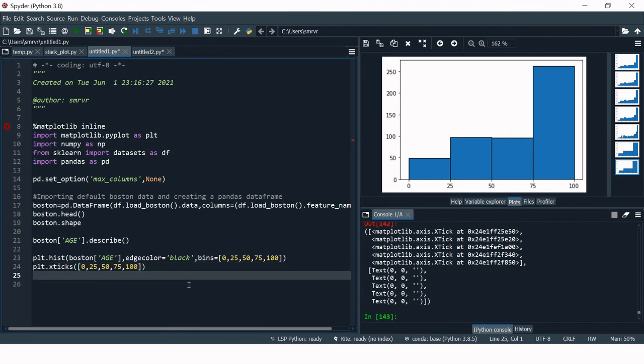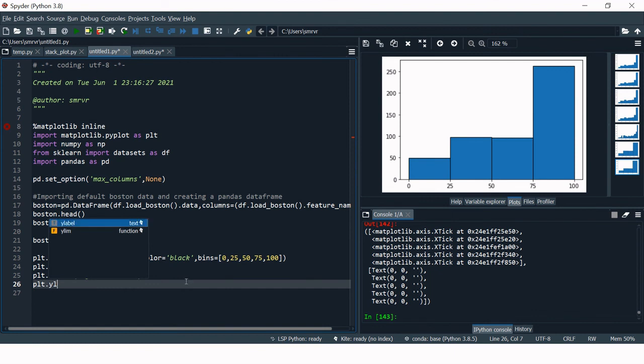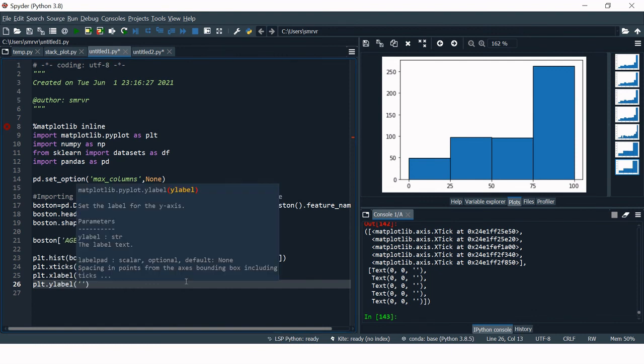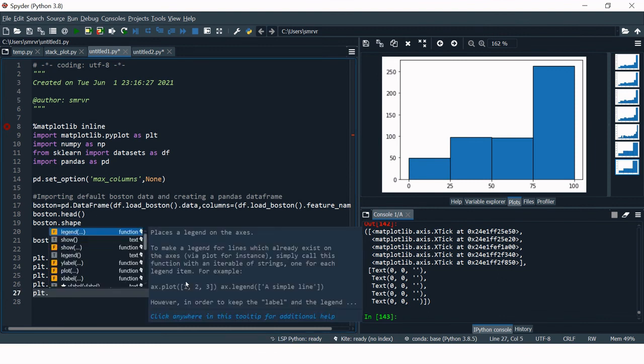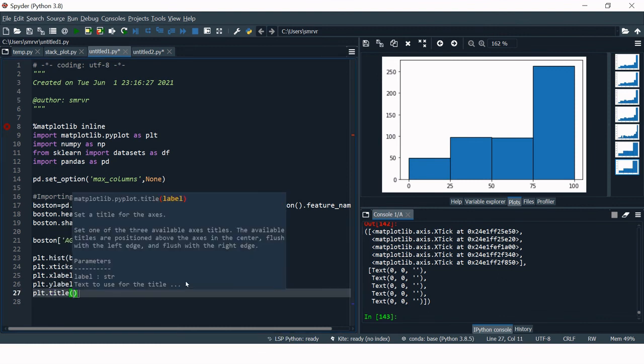All right, and as usual you can use plt.xlabel to say age intervals. You can just provide the x title like age intervals, and then you can say plt.ylabel and say counts, and then you can provide the title, which is age distribution.